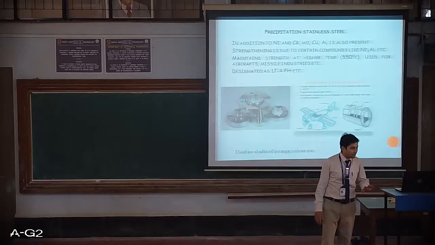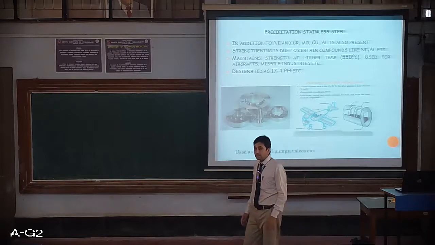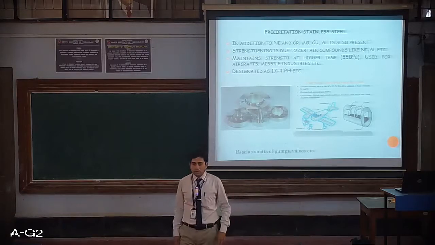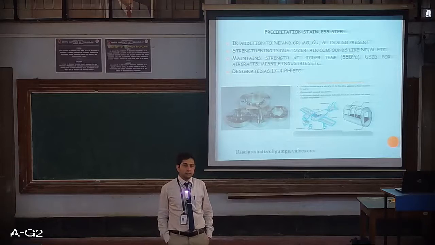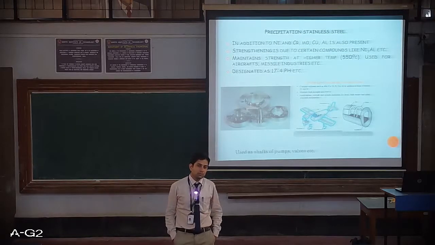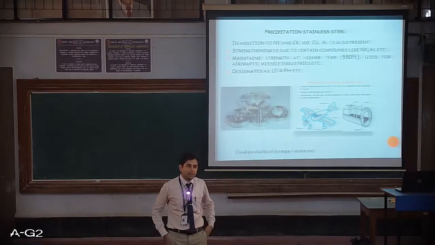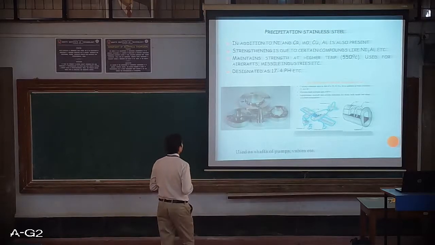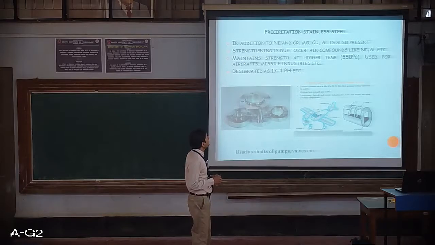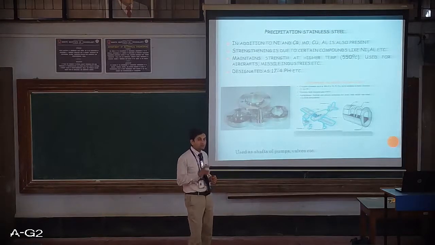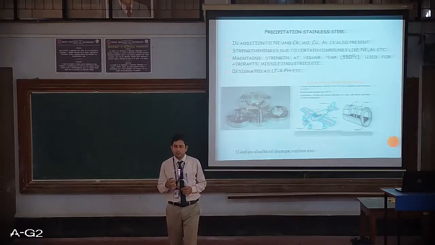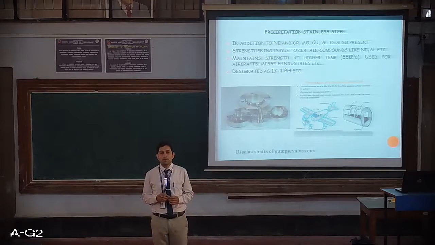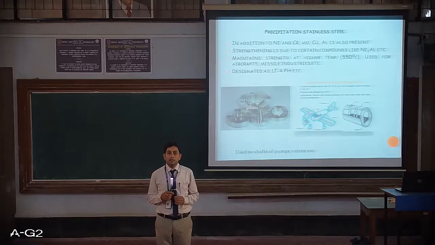Then coming to the fourth type of stainless steel, called precipitation stainless steel. In this case, the steel will be made up of carbon, iron and chromium. Along with that, some other elements like nickel and chromium, nickel and molybdenum, copper, aluminum, such kinds of metals also will be present. These metals are not usually present. There are special metals which are put into the stainless steel, and that type of stainless steel will be called precipitation stainless steel,